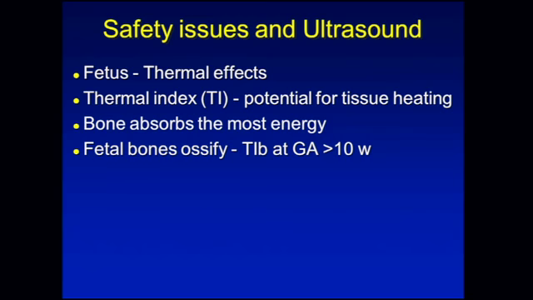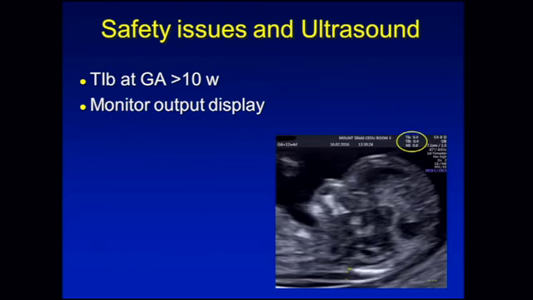First of all, I would like to talk briefly about safety issues in first trimester ultrasound. In the fetus, we are most concerned about thermal effects. The thermal index is a guide to the potential for tissue heating. Now, bone absorbs the most energy, so when the fetal bones ossify, we would use the thermal index of bone at gestational age more than 10 weeks. So we need to monitor the output display when we are doing the ultrasound scan. And here we have indicated to you the thermal index for bone,